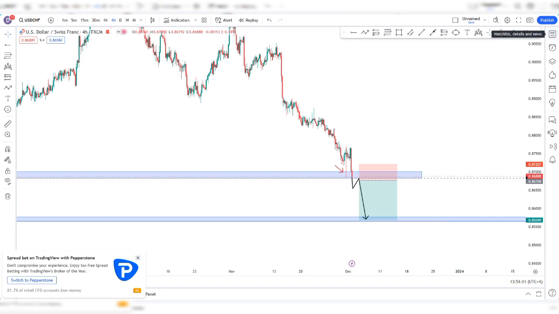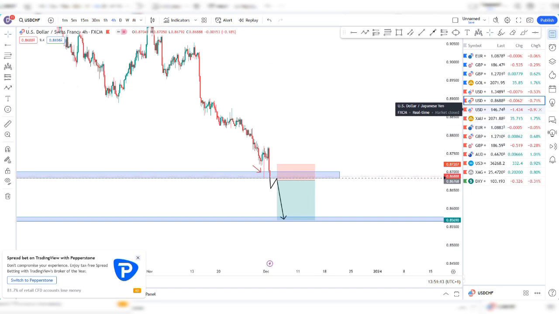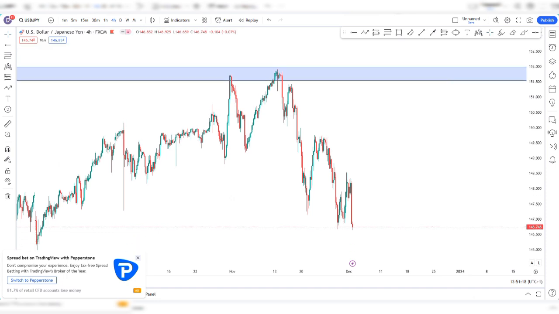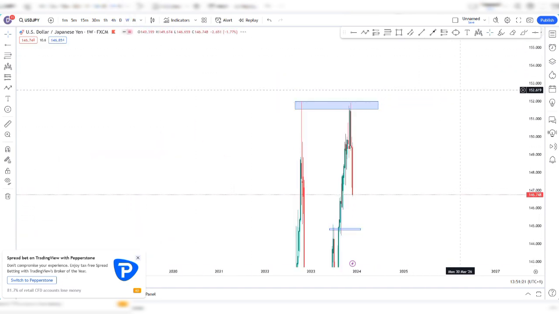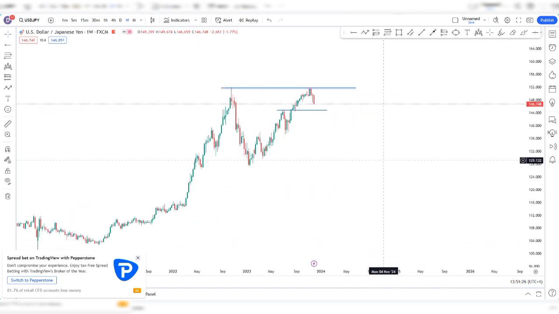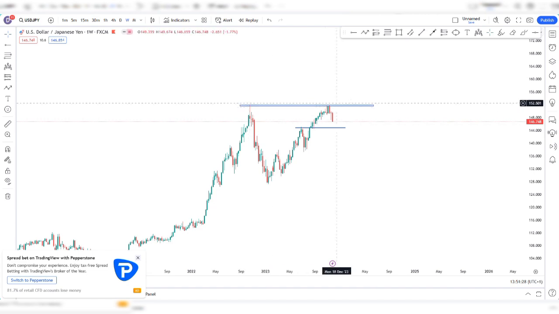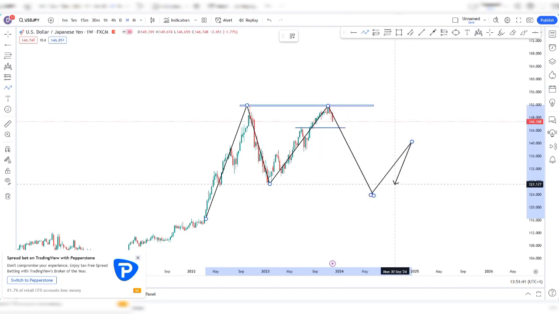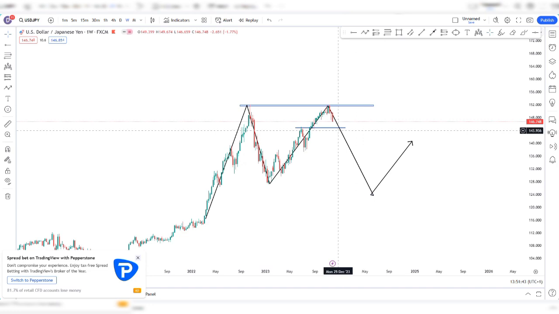And lastly, I'm just going to go through my analysis for USDJPY, the Japanese yen, and I'll go through the weekly time frame and work my way down to the 4-hour time frame. On the weekly time frame, we can see we have already identified this support and resistance area where price tested twice, and it looks like price is starting to form this sort of M-shaped pattern on the weekly time frame. So this more or less supports my theory that USD is quite weak at the moment